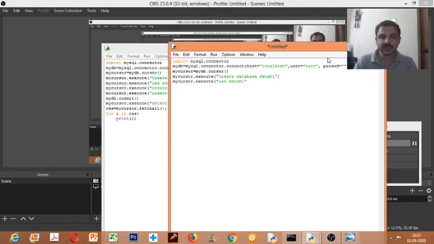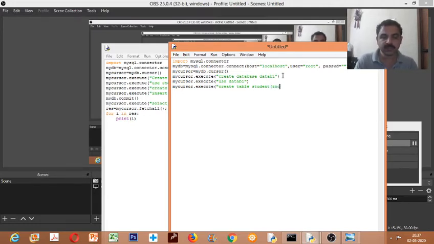The next step is you need to create a table, right? So again the same thing, mycursor dot execute, then the create table command. Create table, for example student, the name of the table, then column names.